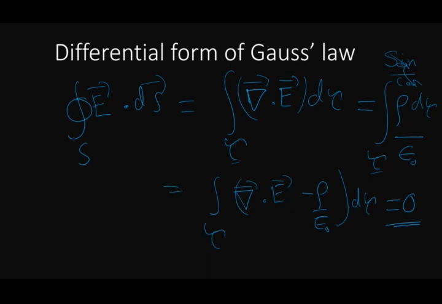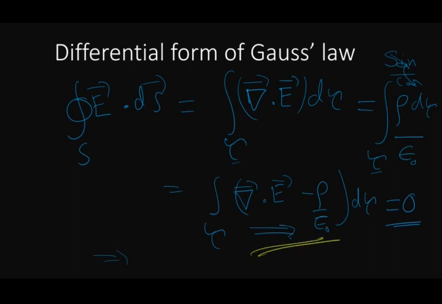This can happen only when the integrand is 0. If it happens for only one surface, then that may be the case, the d tau integrand may not be 0. But since it happens for all closed surfaces and any volume, therefore I must have this integrand